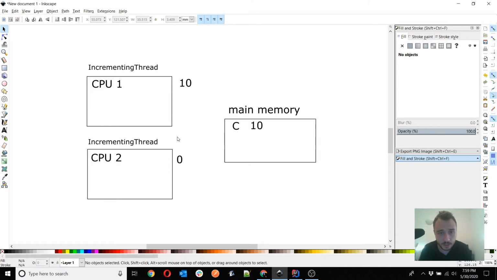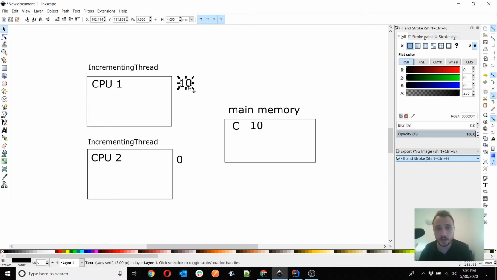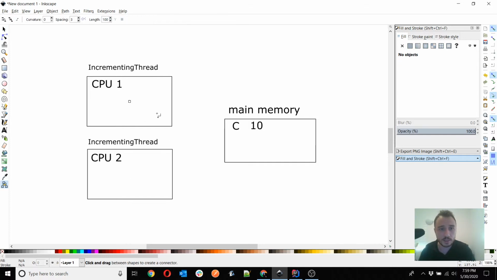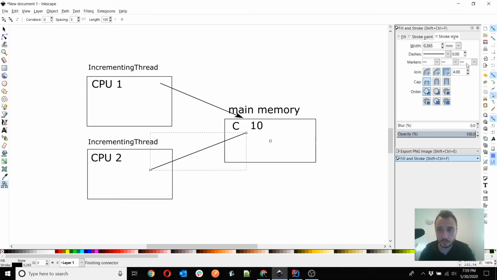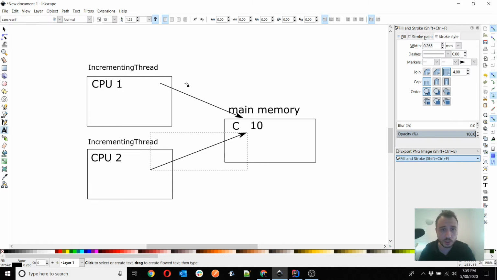Well, in this case, you still didn't solve the race condition problem. So you still have multiple threads trying to access a shared resource from here and from here. And to mitigate that, you use, of course, synchronization, which can be using the synchronized keyword that